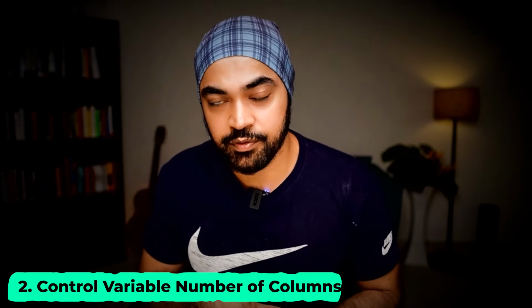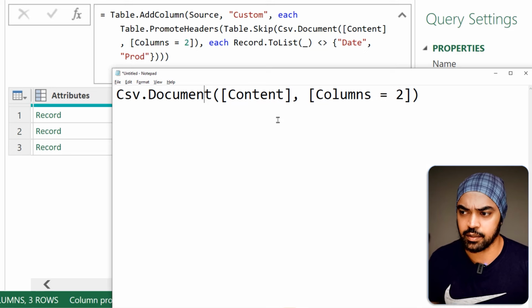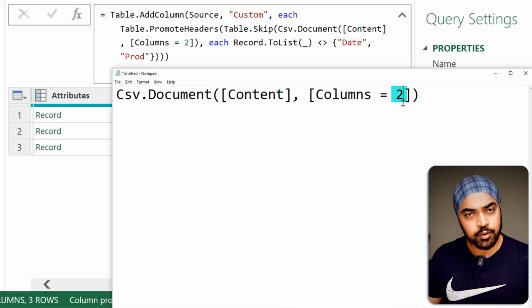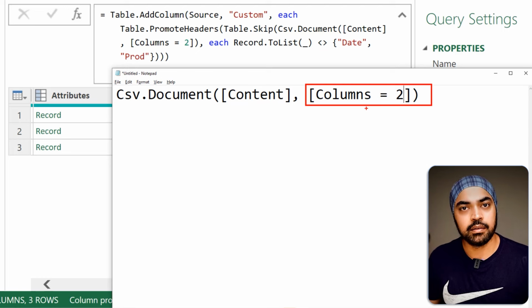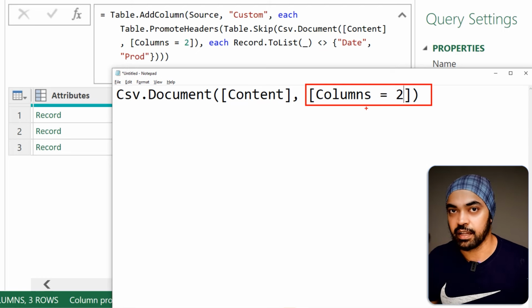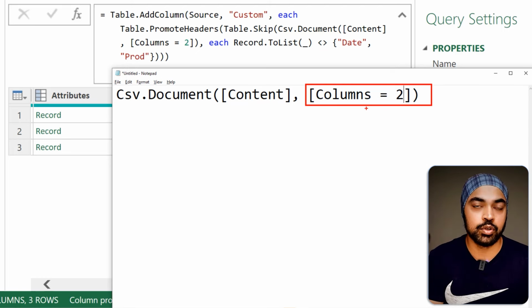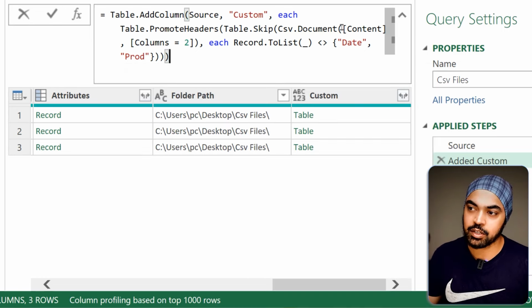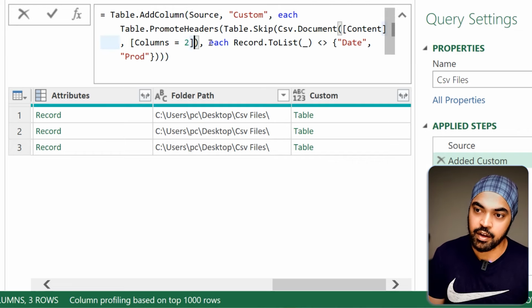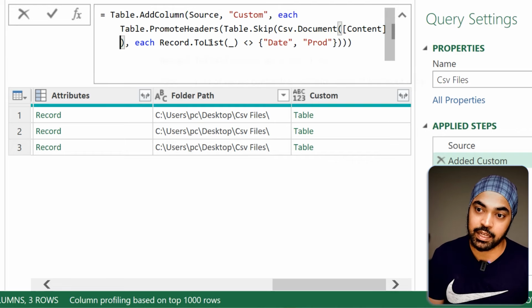So this is one way where you can control the number of columns that you input inside of the formula. Another interesting thing that you can do with the Csv.Document function is not even consider the columns as fixed, like the way that we have done 2 here. So if you entirely remove this part, which is Columns equals 2, then the number of columns are going to be completely variable. So no matter your file has 2 columns or 4 columns, or they have unequal number of columns, they are all going to be considered. So if I just go back to my Csv.Document function and remove the 2 and bring the function to its original state, like the way that we wrote it,